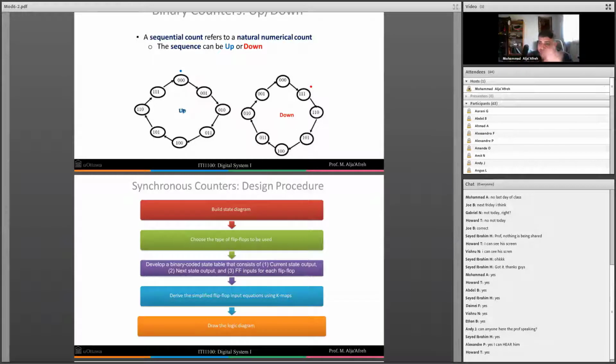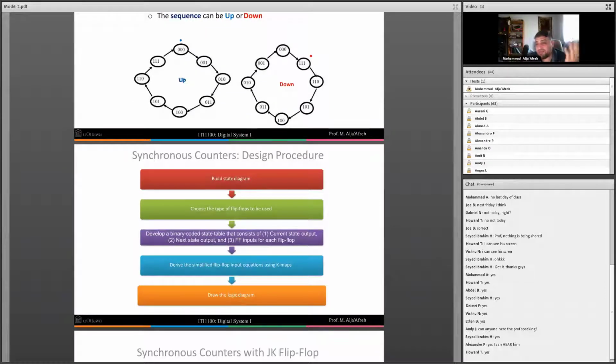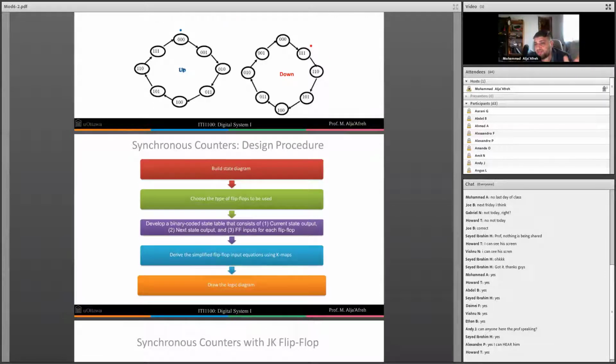Yes, I can, because we have to go and get the excitation table of each flip-flop, and I can reverse and predict what is the input for the flip-flop based on my next state and the previous state, or the current state. Then after that, we can use Karnaugh map to simplify the Boolean equation for each input, and then after that it's nothing more than drawing the combinational circuit for each input. Okay,